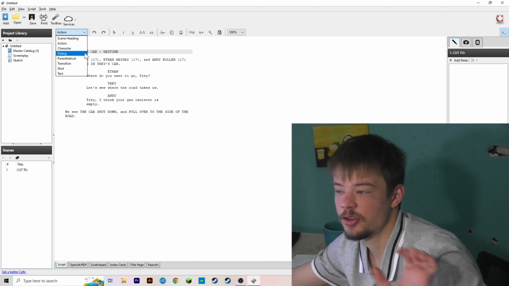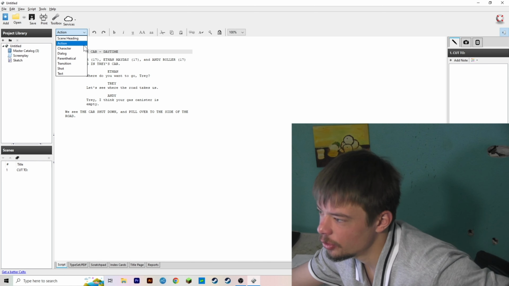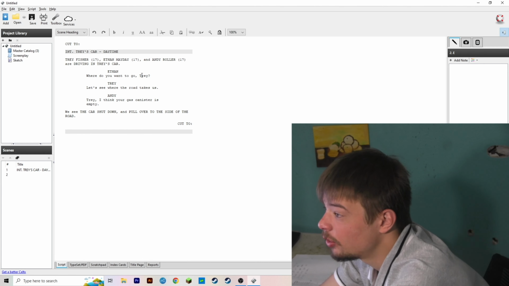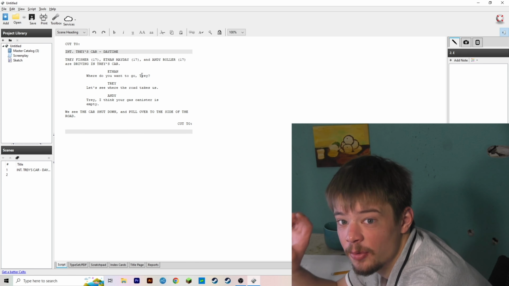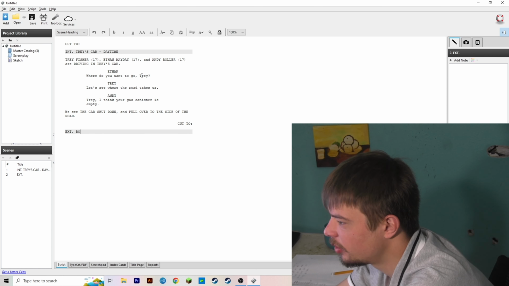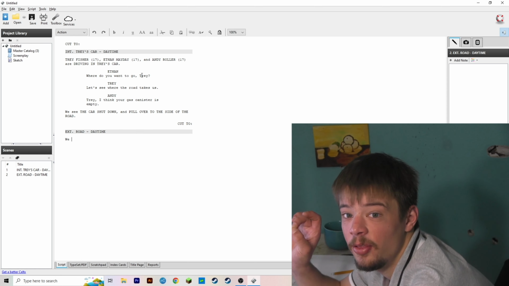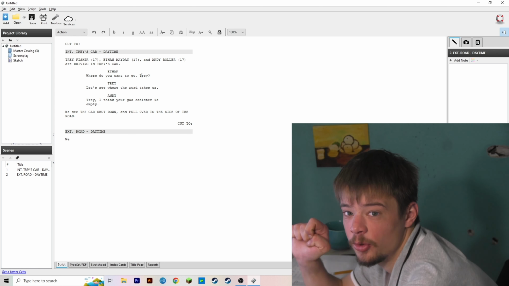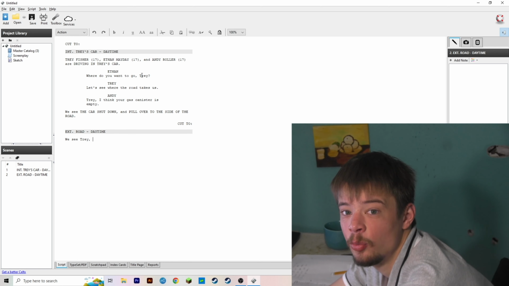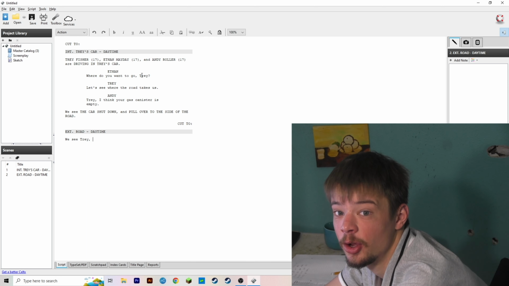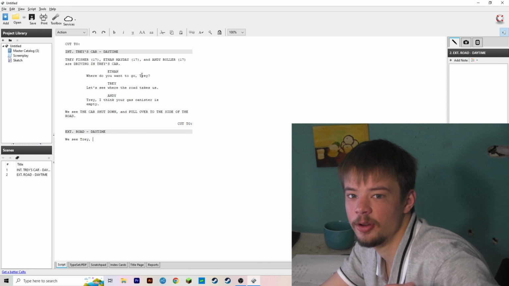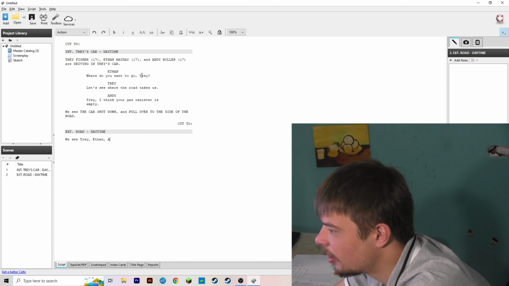So once you finish a scene, you're going to transition into a new scene. They can cut to a scene where it's outside, maybe outside their car, and we can go exterior, road, daytime. And now I'm going to add some description of where the scene is. So we see Trey, and once you first introduce the character and capitalize him, you do not need to capitalize the character again. Ethan, Andy,